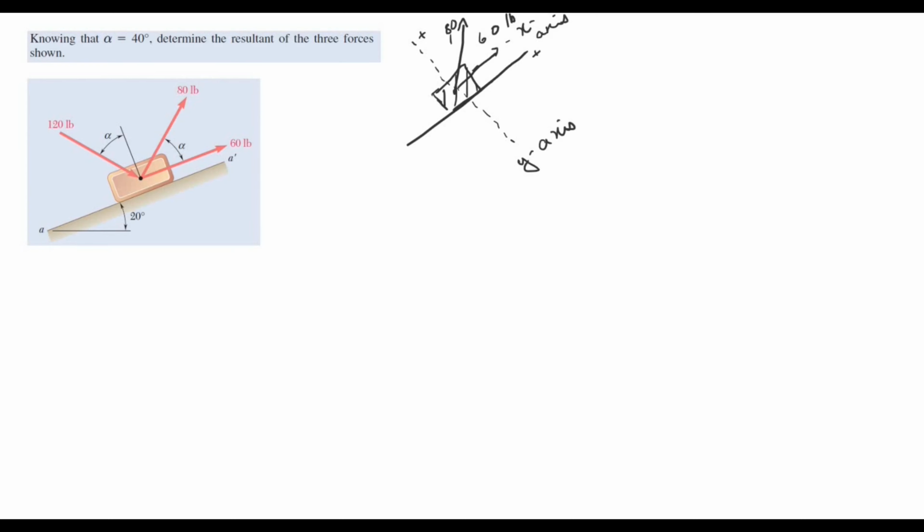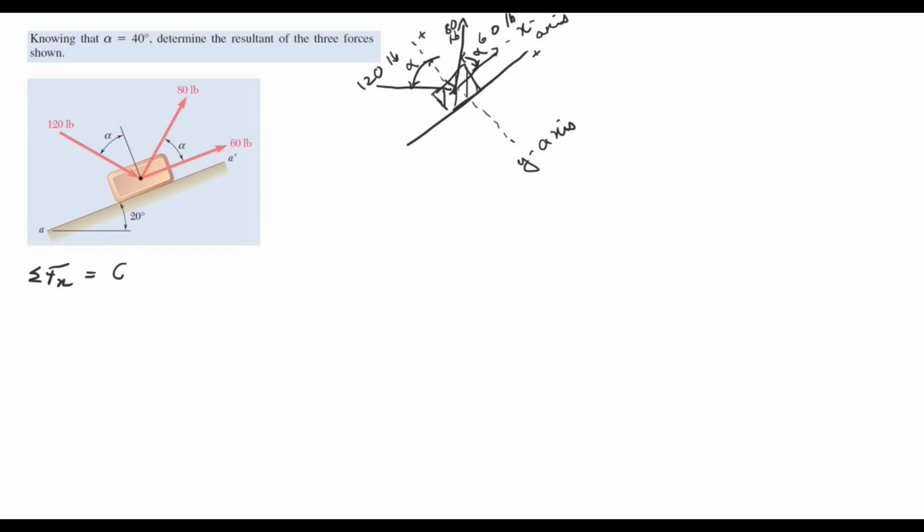Here we have 80 pounds. And in this direction we have the 120 pounds. The angle here is alpha. Also the angle here is alpha. Second, we take the sum of the forces. The sum of the forces in the x direction